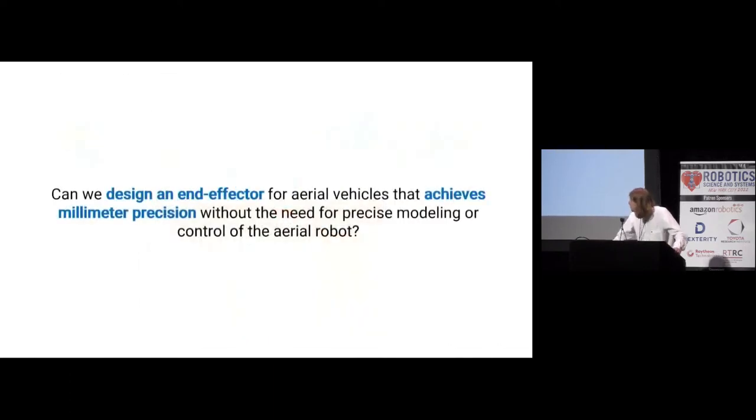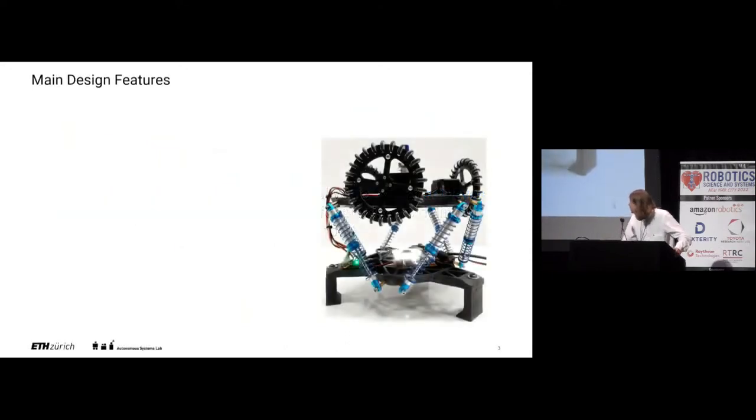So we asked ourselves if we can actually design an end effector for aerial vehicles that can achieve such a high precision so that we can use it for layouting, and if we can do this in a way such that the end effector is forgiving enough so that the precision of the aerial vehicle itself doesn't have to be that high. So we started developing the end effector and tried to inspire ourselves by how people usually write. We ended up with the design you can see here in the image. It incorporates 4 key features.